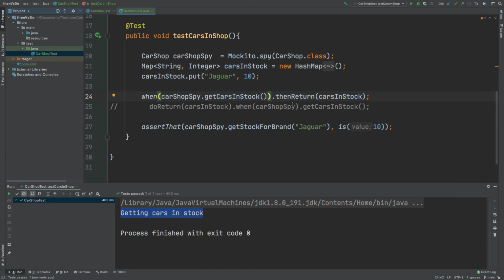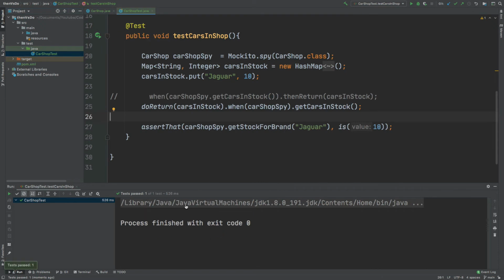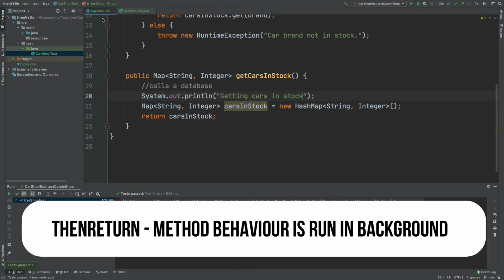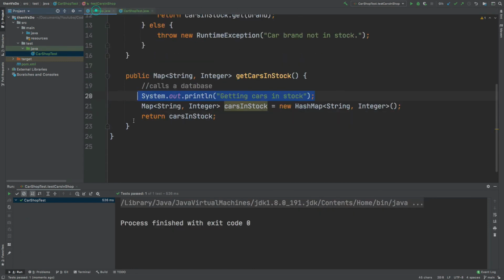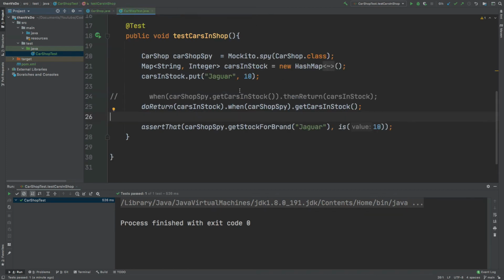So I'm just going to flip back over to doReturn. And in a similar way, the test has passed. However, down below we don't actually have that print line coming from doReturn. So this is a key difference between thenReturn and doReturn, because doReturn doesn't actually call this method, and that's why this print line hasn't been printed down below. Whereas thenReturn will actually call that method,